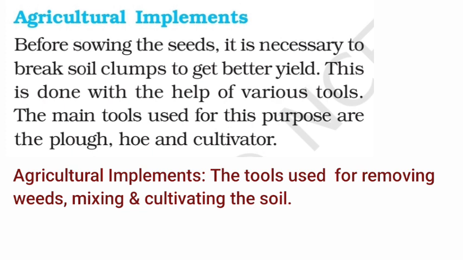Here, let us know the definition of agricultural implements. Agricultural implements are the tools used for removing weeds, mixing and cultivating the soil. They are tools for removing weeds, unwanted plants, and mixing and cultivating the soil. We can understand the purpose of mixing and cultivating the soil to get better yield done by the farmer in